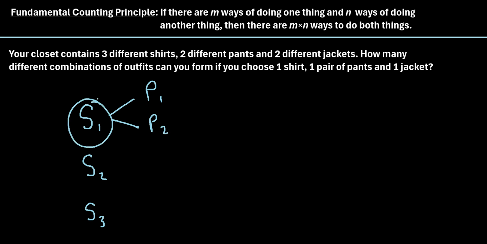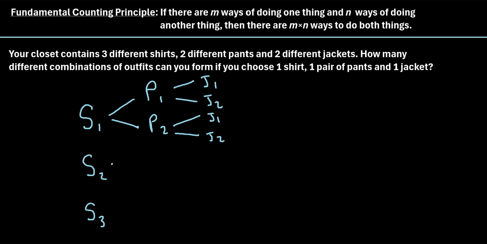Now, if we choose shirt 1 and pants 1, to go with that, we could choose then, there's 2 different jackets. So we could say we could choose jacket 1, or we could choose jacket 2. But if we choose shirt 1 with pants number 2, well, along with that, we could also choose either jacket 1 or jacket 2. So we can go through all of these possible combinations and write out every single possible